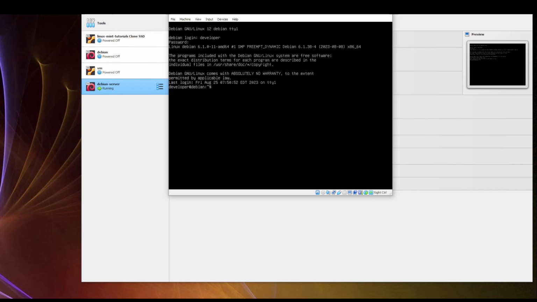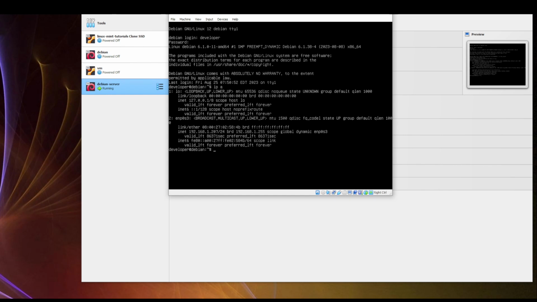Okay, now the easiest command to show what is our IP address for the one network is ip space a,